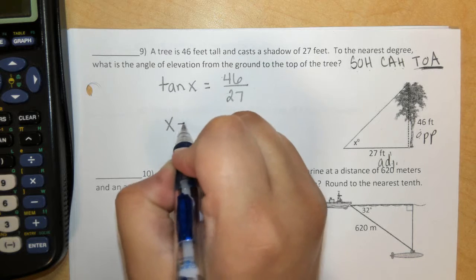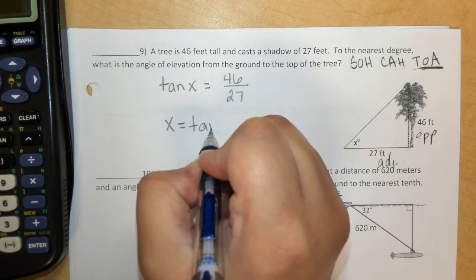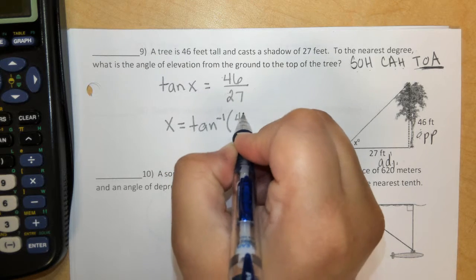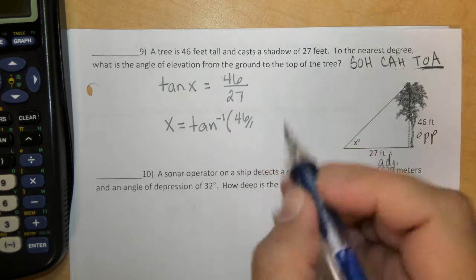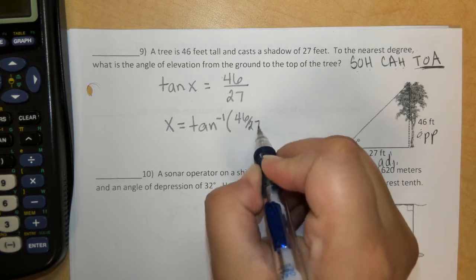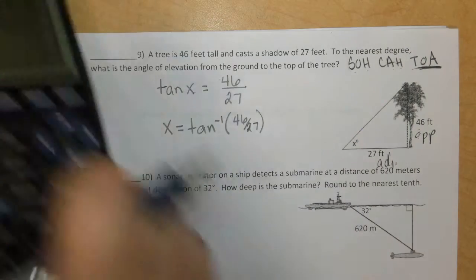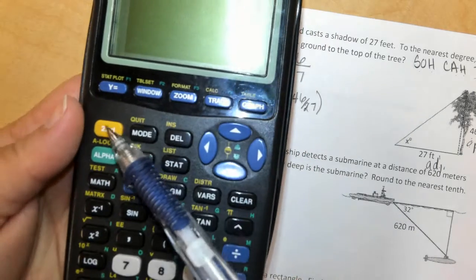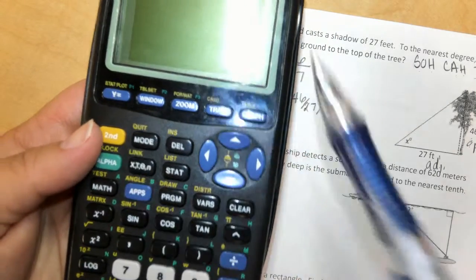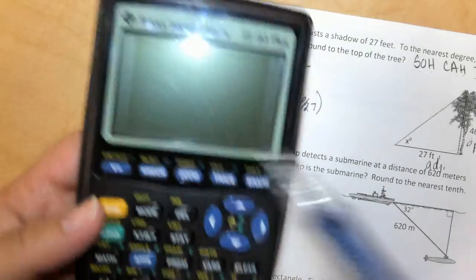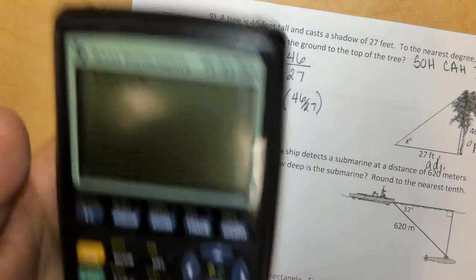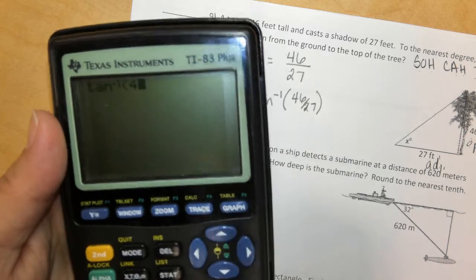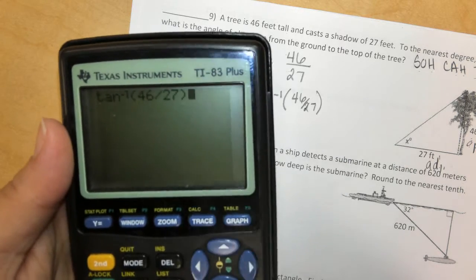So to get x, we do the inverse of tangent, and we put this fraction in. Okay, so now to do the inverse, you have to click this second button. Okay, it gives you a little arrow. And then we're doing tangent, and you can see it gives you that -1. And then we're going to put the fraction in. So 46 divided by 27,